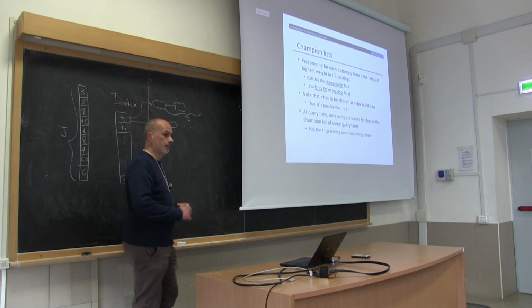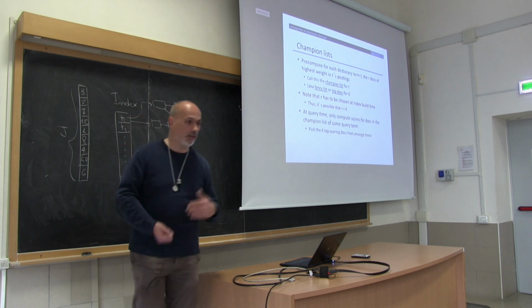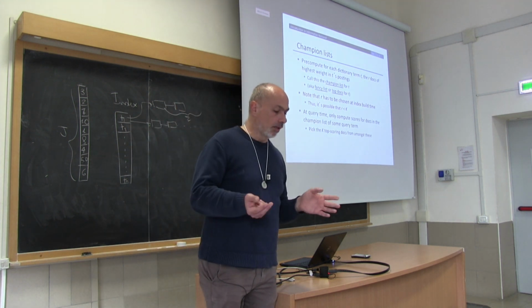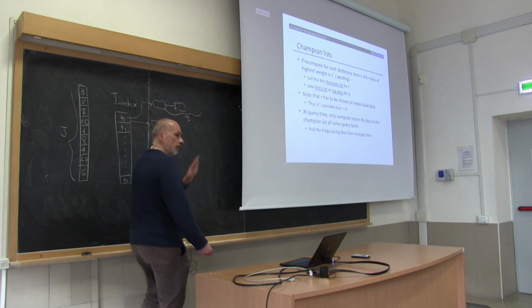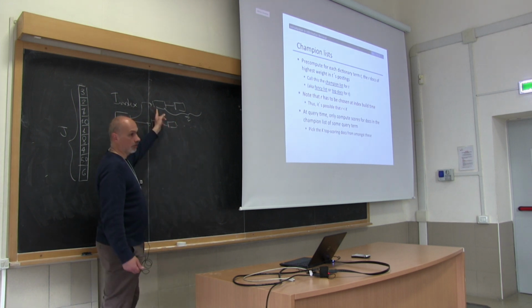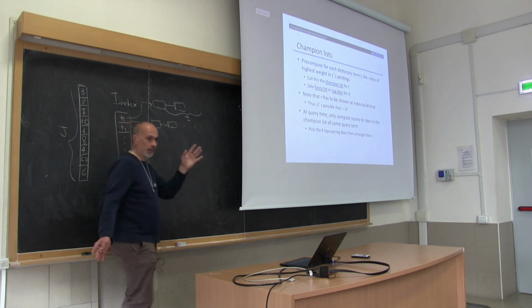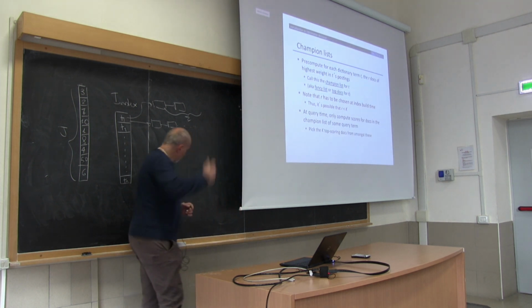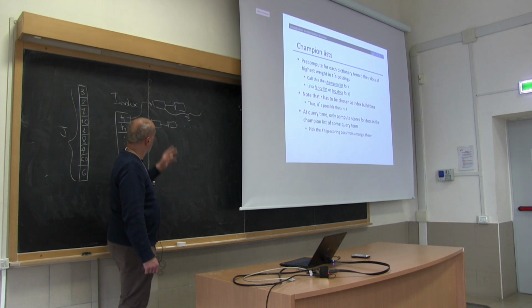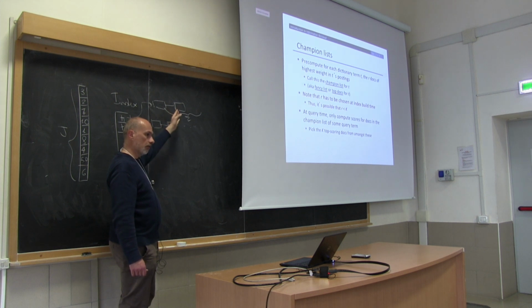Okay? Now, how am I going to proceed? Whenever I want to return results for a query, I will just run the algorithm we have seen before, but on the champion lists instead of the posting lists. And eventually I get a collection of documents. So notice that I do the very same thing. I pick the top K documents, but it is as if I were working with this posting list and not with this other posting list.